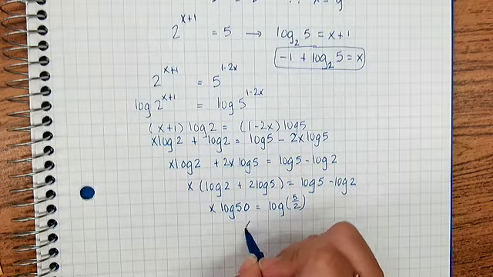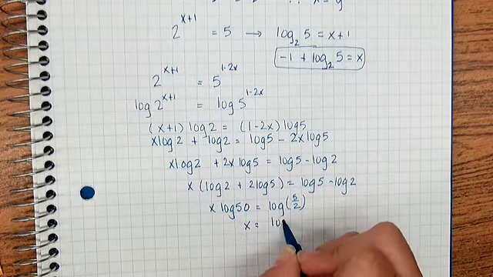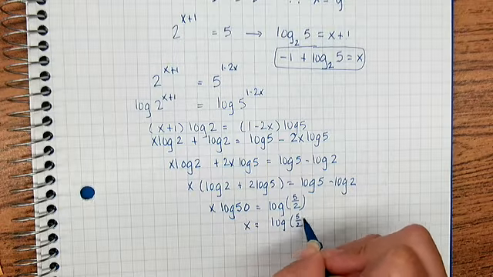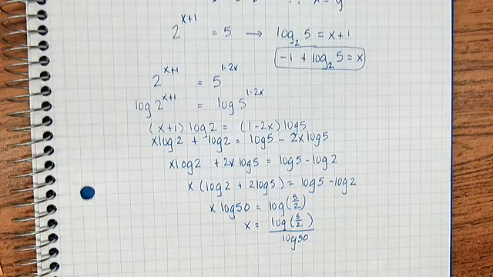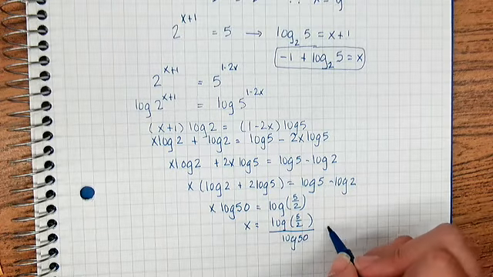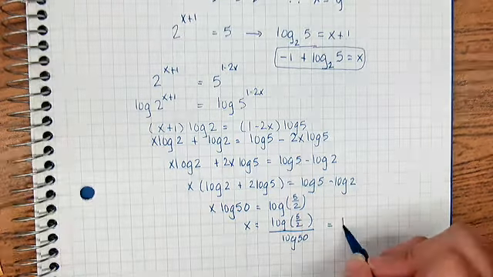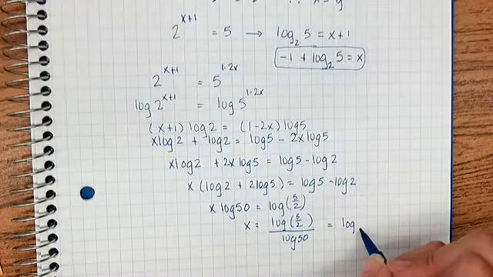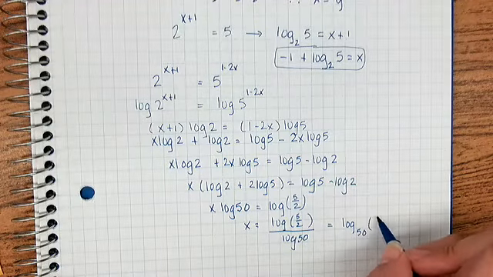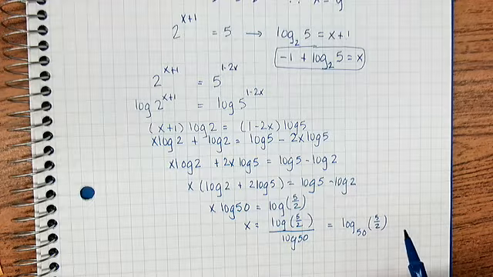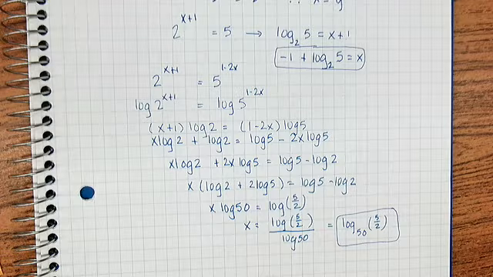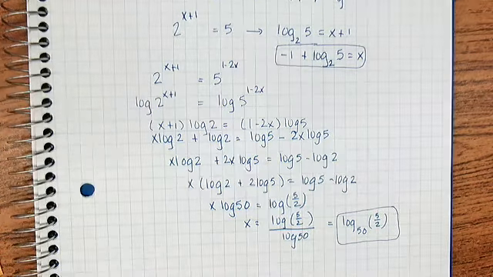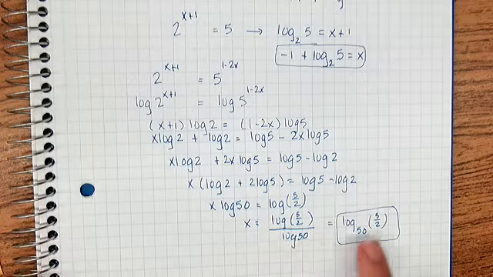So x is the log of 5 halves over the log of 50, which, reverse change of base, is the log base 50 of 5/2. Highly recommend that you watch the video again and go through that step by step. If you're confused about how I just did this last step,